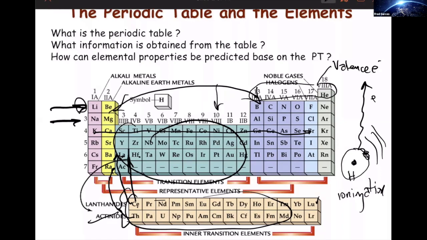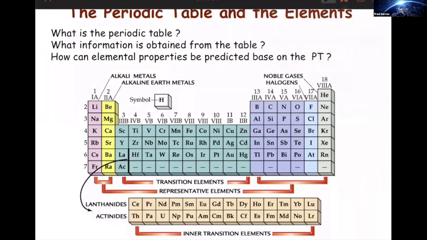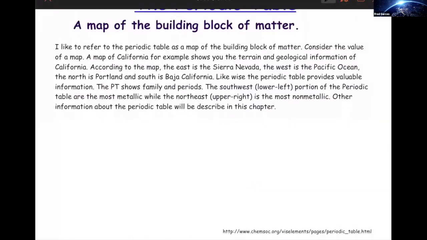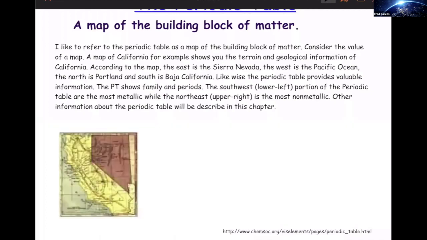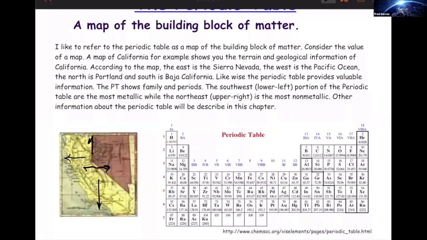So think of the periodic table as a map of the building blocks of the universe. If you take a look at a map of California, you will know that at the very west, you've got the Pacific Ocean. If you look at east, you got the Sierra Nevadas. If you go south, you get to Baja and San Diego. If you go north, you get to the northwestern states like Oregon and Washington. Well, if you think in terms of that, then what we have is the map of the building blocks of elements. If you go to the top or north of the periodic table, you come up to smaller